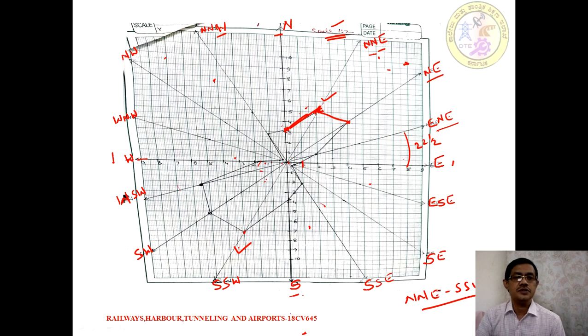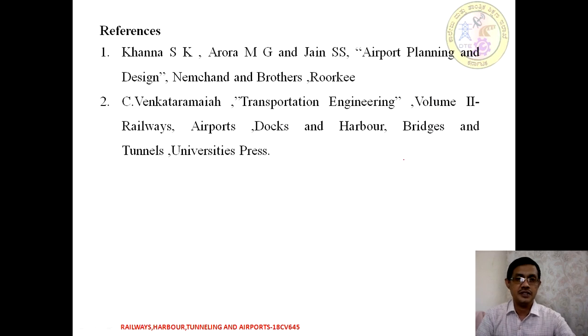So this is how the windrose types 1 and 2 are used to align the best runway center line. With this note, we're going to conclude this session. Just have a quick glance over what we have covered. We talked about the runway, what is the purpose of the runway, and how we orient it. To orient the best runway, we used the windrose diagram type 1 and type 2. Based on that, we orient the runway.